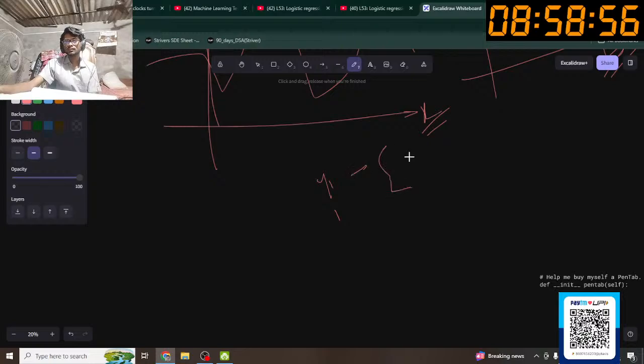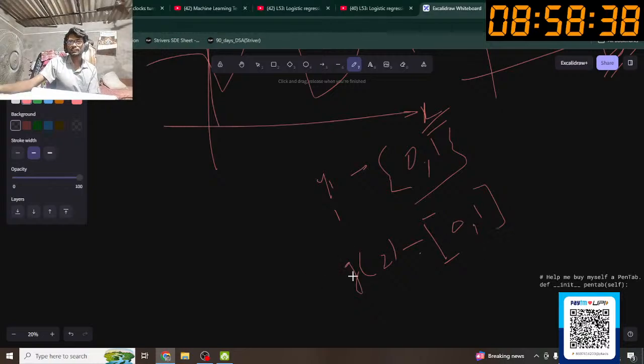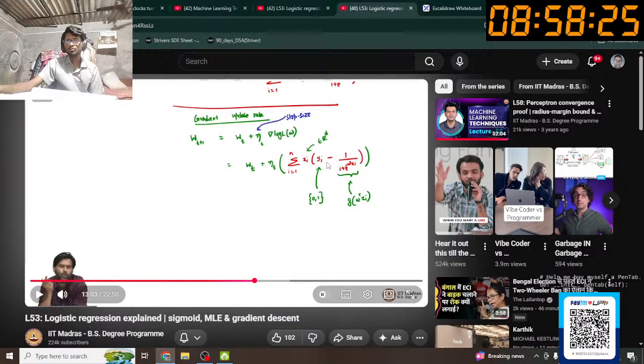So yi is 0 comma 1, whereas the g of z is 0 comma 1 too, close. That is, g of z is any fractional value. It will take any fractional value, and this yi will take either 0 or 1. That's all. So this whole product will become something constant, and a constant is being multiplied with xi,